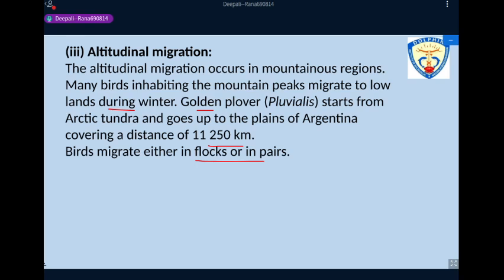Yes, Ria, it is for safety. That is, they have to ward off all the predators that come en route when these birds are traveling this much distance. So to keep away the predators, they have to follow this kind of pattern and they have to be migrating always in flocks.